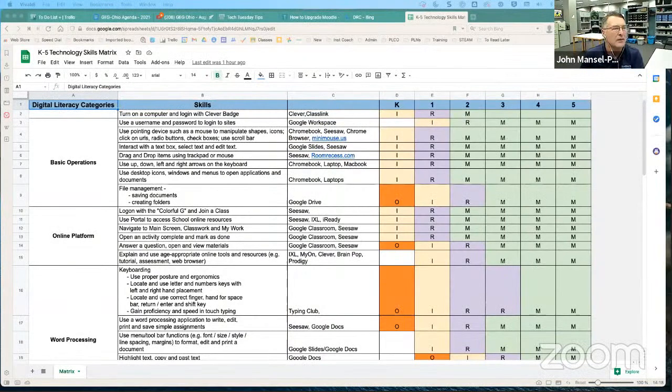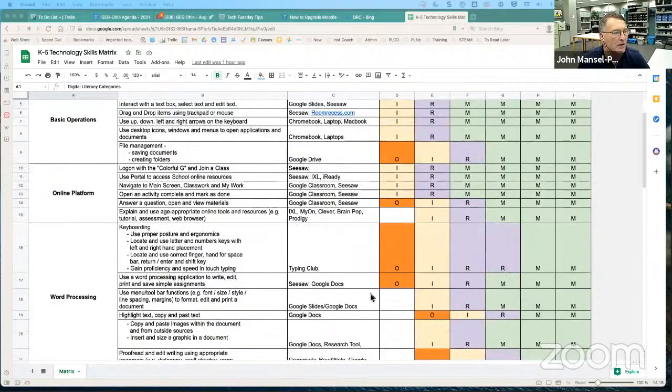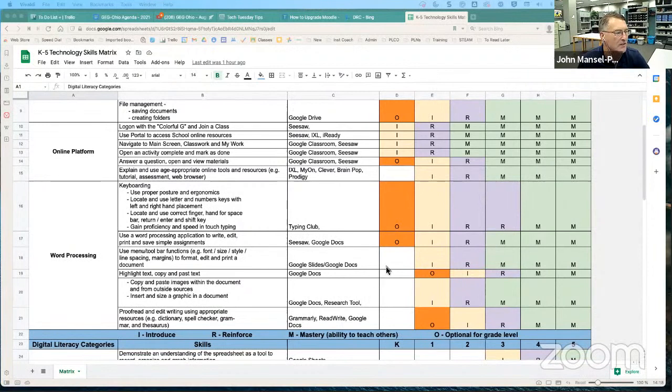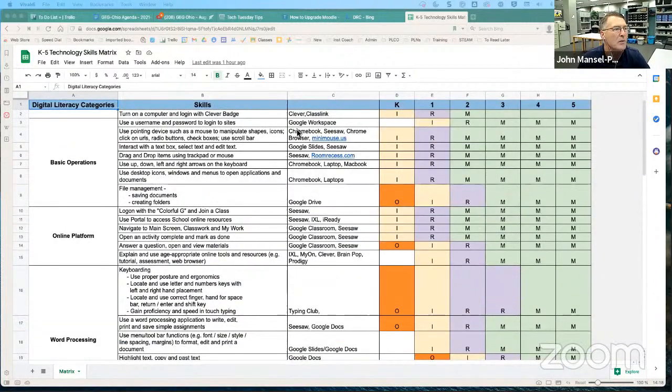There we go. Okay. This is something that I've been working on for a while. This original, we'll call it a matrix. If you look at the bottom, the code for what each of the letters stands for: I is introduce, R is reinforce, M is mastery. The changes that I've made most recently are these ones about the online